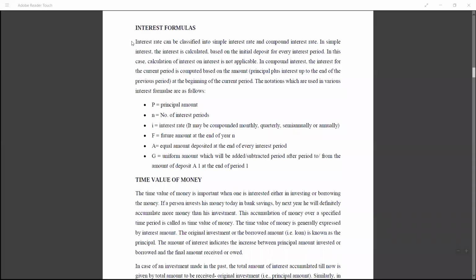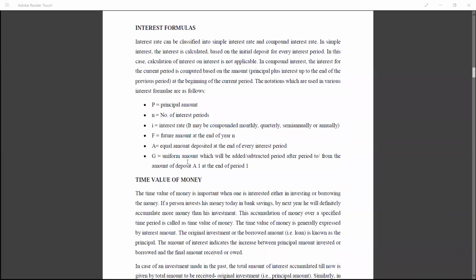Good morning, everyone. So today we'll study the interest formulas. There are types of interest: simple interest and compound interest. Then, with respect to the principal amount, you need to calculate that interest. There are some basic formulas given to calculate compound interest and simple interest. Sometimes, rarely, problems are asked; the theory is asked, a very little part of it.